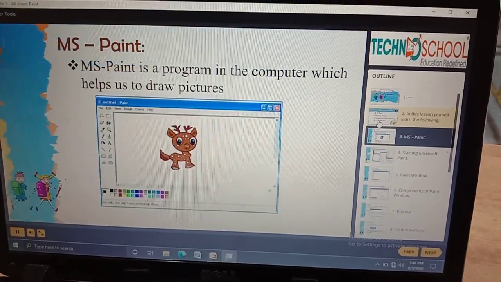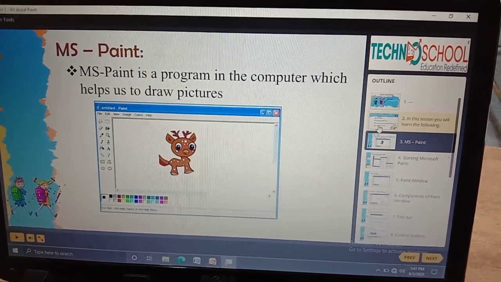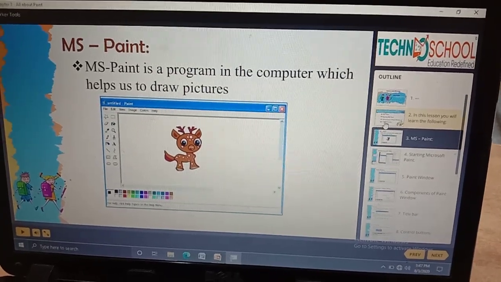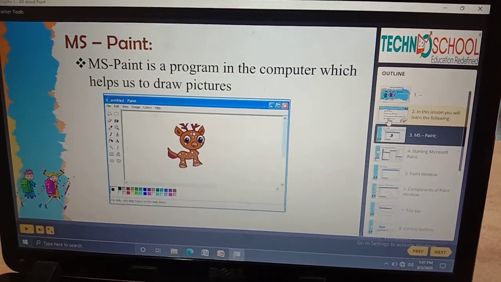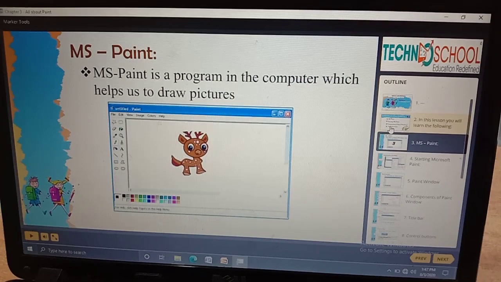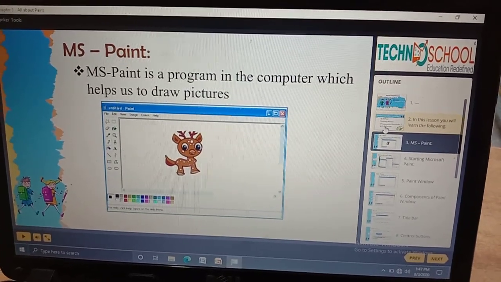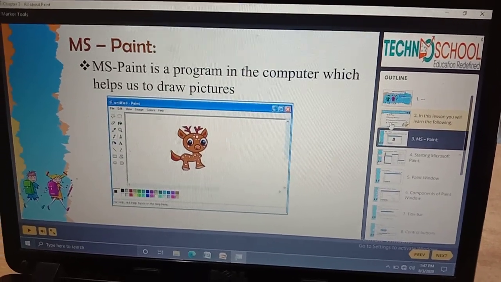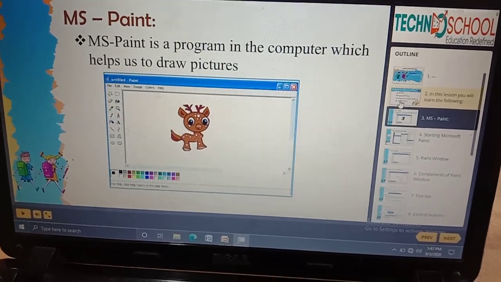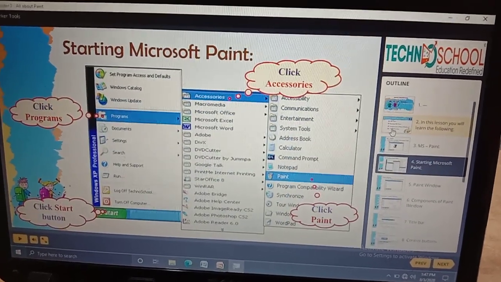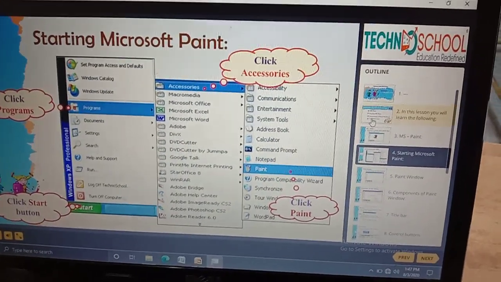As I told, it is a program in a computer which helps us to draw a picture. It is a simple tool for drawing which helps us to apply colors to our pictures.